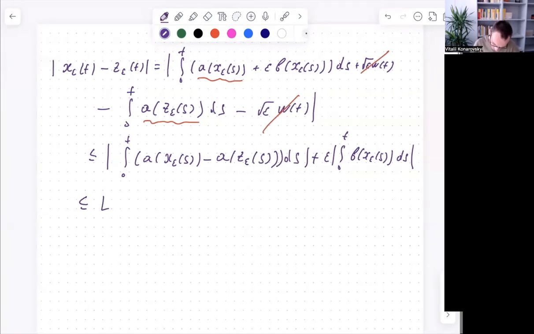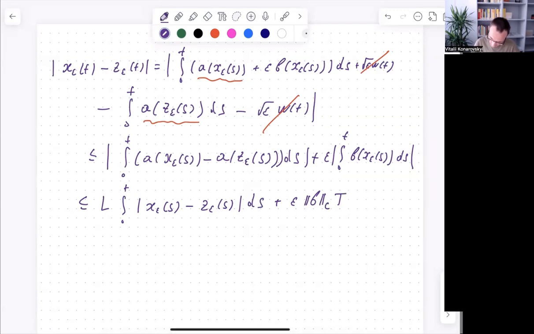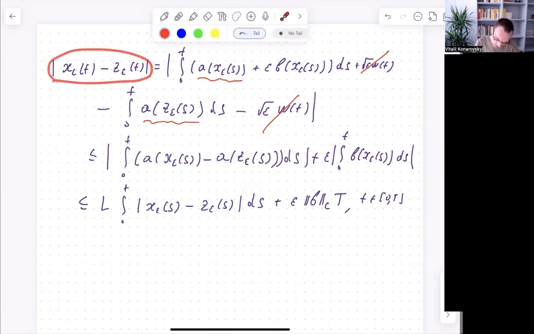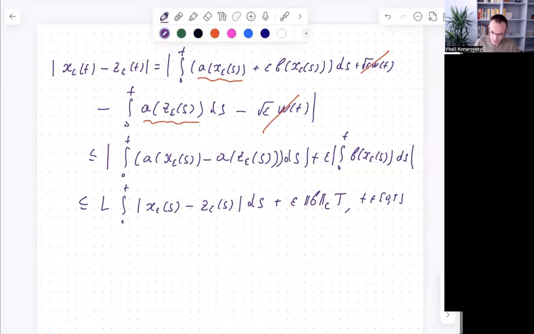Therefore, we get L, the Lipschitz constant for A, times the integral from 0 to t of the absolute value of x epsilon of s minus z epsilon of s ds, plus epsilon and the supremum norm of the function p for t from 0 to capital T. And you see that we estimated the non-negative function dependent on t by the integral of this function plus some constant. And then using the Gronwall inequality, we get,